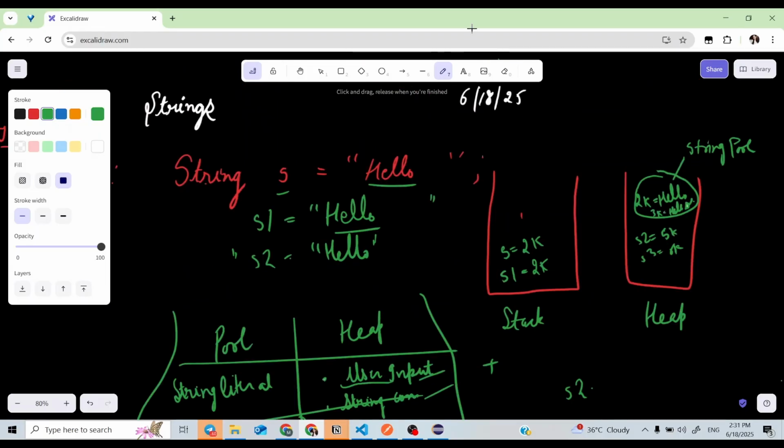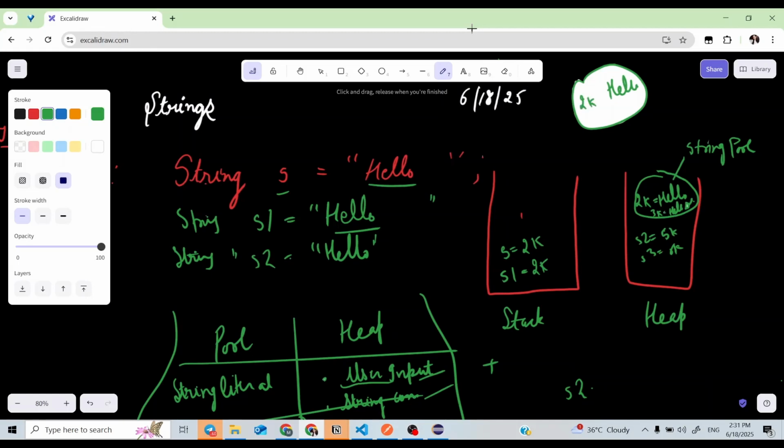Okay, so let us see this duplicacy thing once again. Suppose there are three strings, s, s1 and s2, holding the same string literals: hello, hello, and hello. So in the string pool, this hello is stored once only, at 2k memory location.